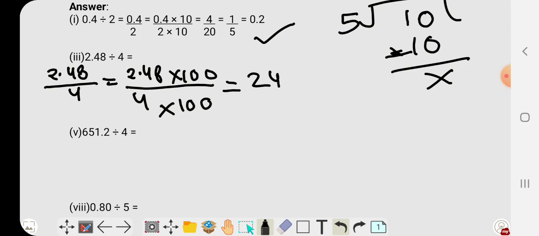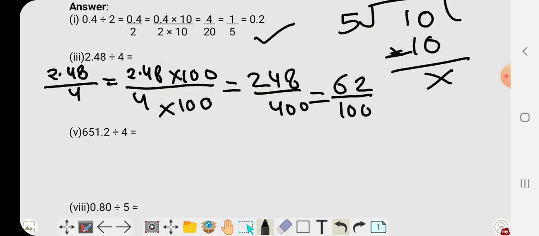It will become 248 upon 400. By cancelling with 4 it will become 100, and 4 6s are 24 and 4 2s are 8, means 62 upon 100, or we can write it